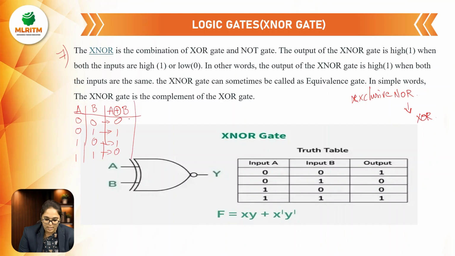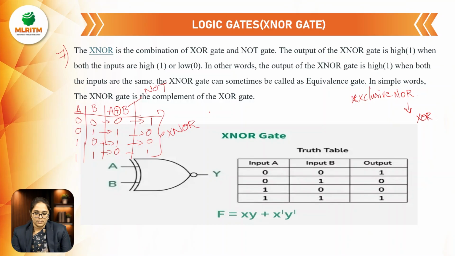If suppose for this exclusive NOR gate, when we are applying a NOT gate, then the inversion operation is applied. That is nothing but 1, 0, 0, 1. So this is your exclusive NOR gate. So what is the Boolean expression for this? F is equals to xy plus x bar y bar. So these are the 7 different types of digital logic gates, and we have another gate also that is called